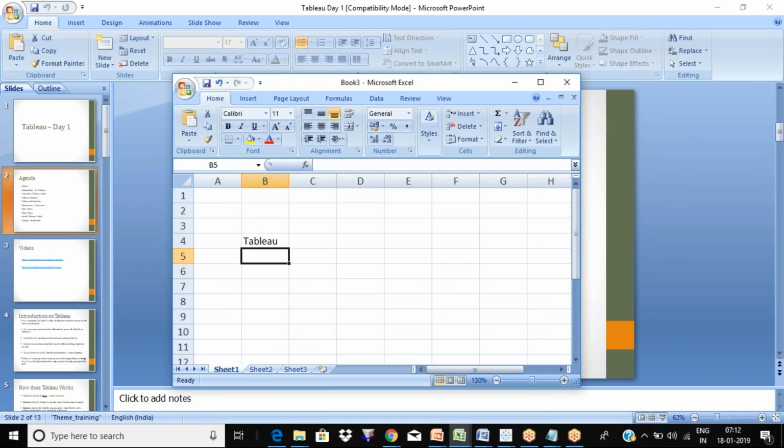Then we looked at the Tableau interface. We looked at what are the different Tableau products. So Tableau Desktop, Tableau Server, right? These are the two products which you will mostly see in companies, but these two